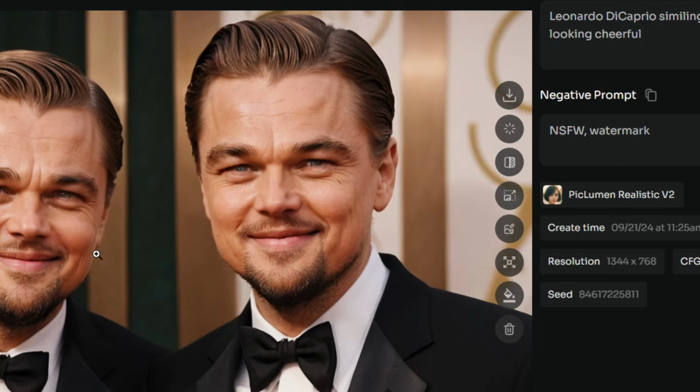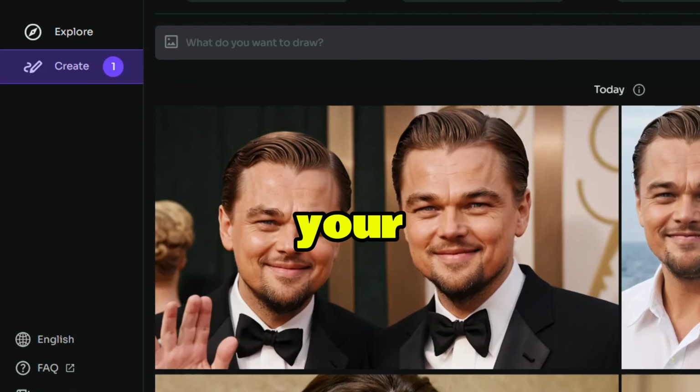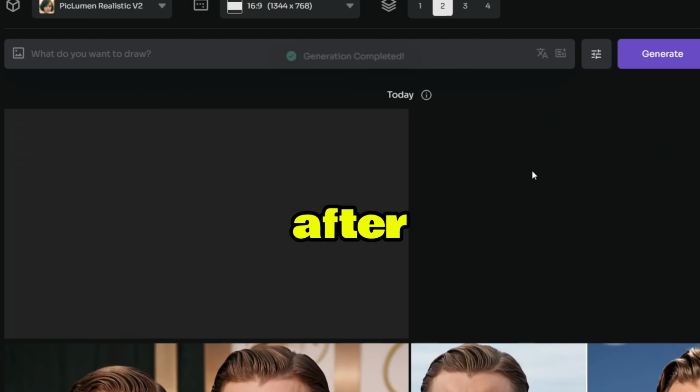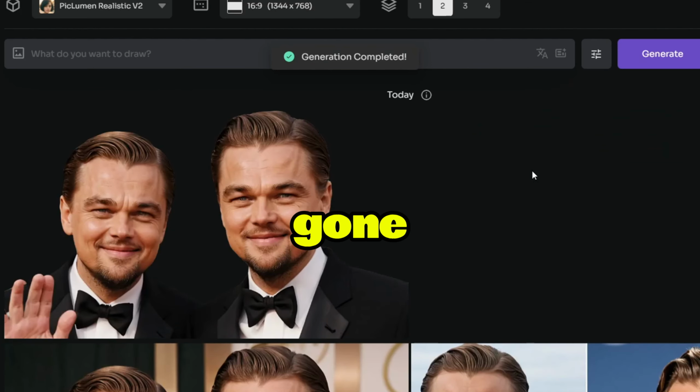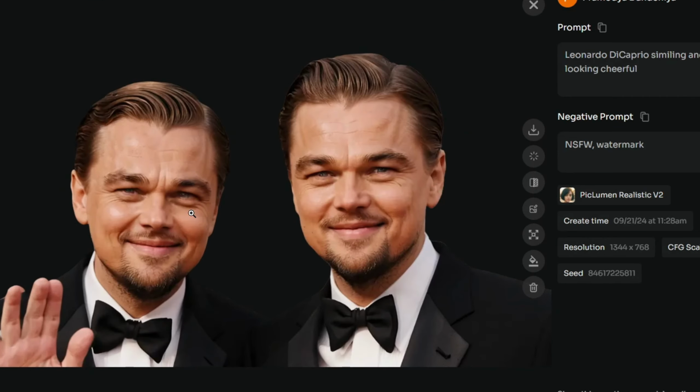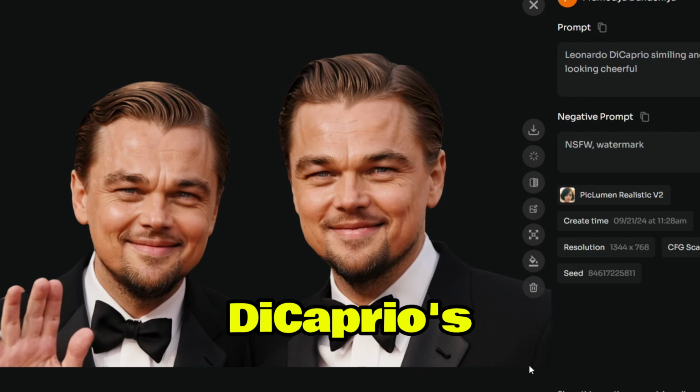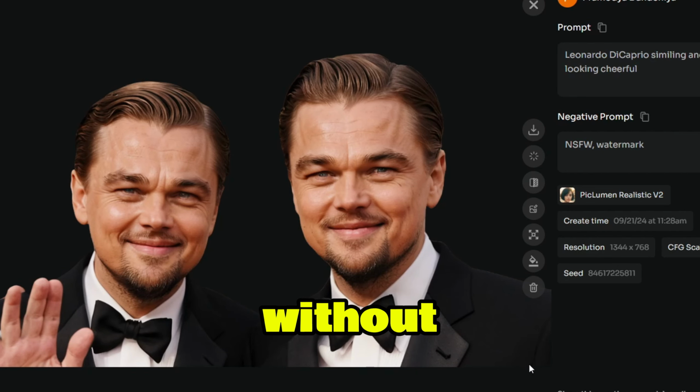Just hover over the image you want to edit and select the remove BG option, and your request will go to the queue. After a moment the background will be gone and you will see a thumbnail of the edited image. Now I click on the thumbnail to see the image in a larger view without the background. As you can see, the AI removed the background from the Leonardo DiCaprio image super quickly and without needing